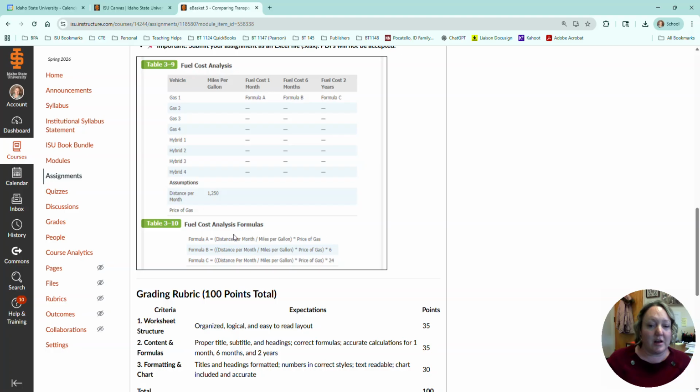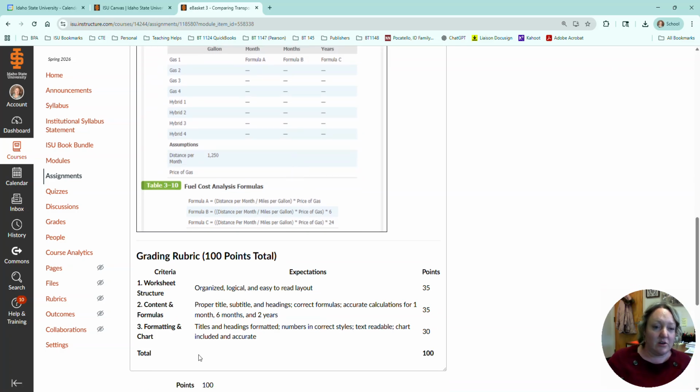And then here at the bottom, these are what your formulas are going to be, okay? So distance per month, miles per gallon, price of gas. So distance per month and price of gas, those two pieces are going to be absolute cell references. So those particular cells should have the dollar signs around them. And then here are your points. And so if we go back,